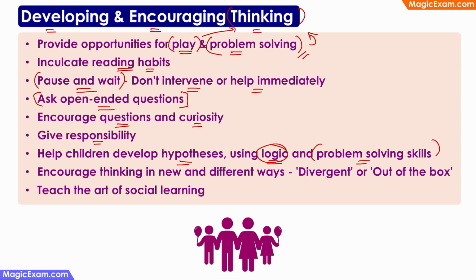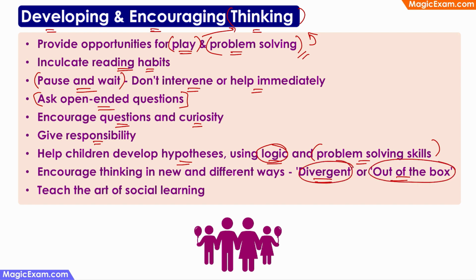And we have to encourage divergent or out of the box thinking, because in a typical classroom, the teacher might expect all the children will learn in a similar way, all the children will give the same correct answer. But the teacher has to consciously remember that there will be some children who might be looking at the same problem in a different way. So just because they are giving a different kind of answer, or they are looking at the problem in a different way, they should not be discouraged, right? Teachers should make a conscious effort to encourage children to think in a divergent manner, that is out of the box thinking.